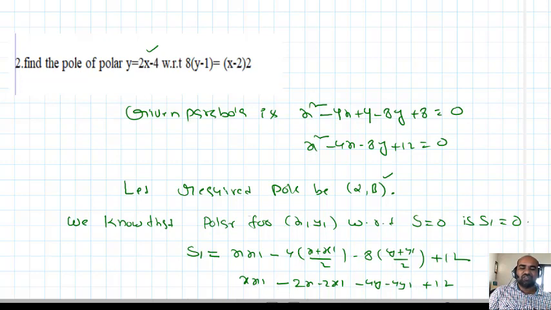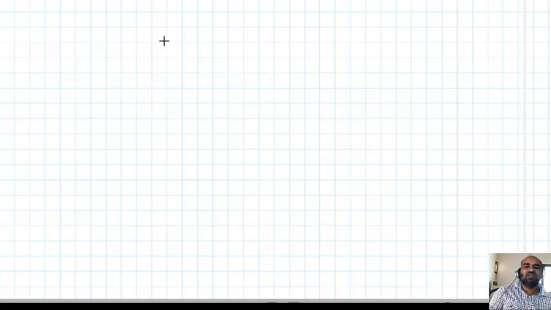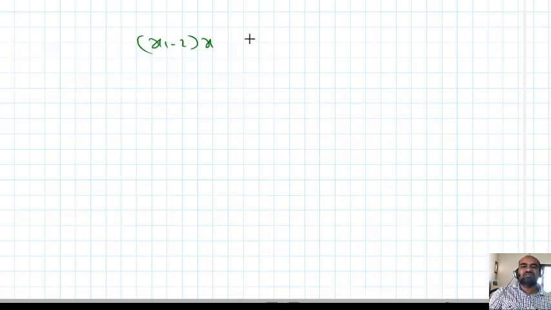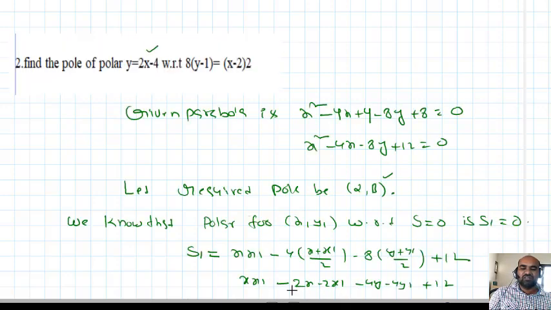x1 minus 2 of x. Next, what should I write? Minus 4y1. Okay, minus 4y. So these two are completed, this is complete, remaining 12 minus